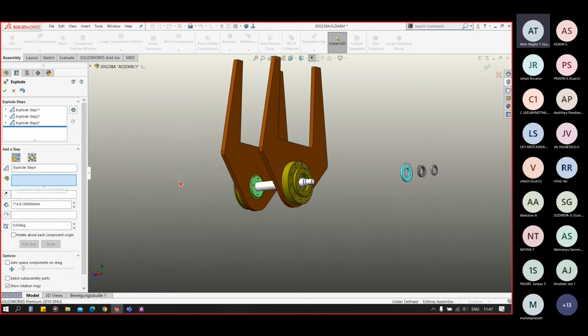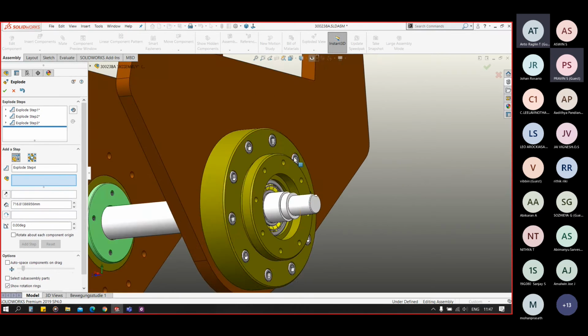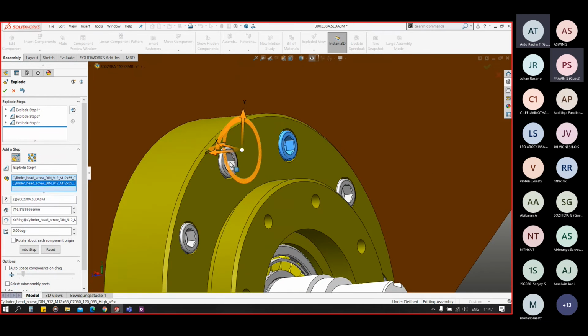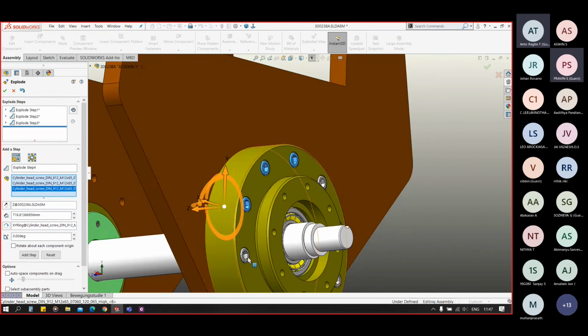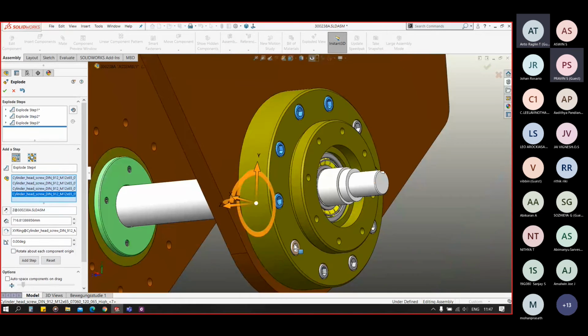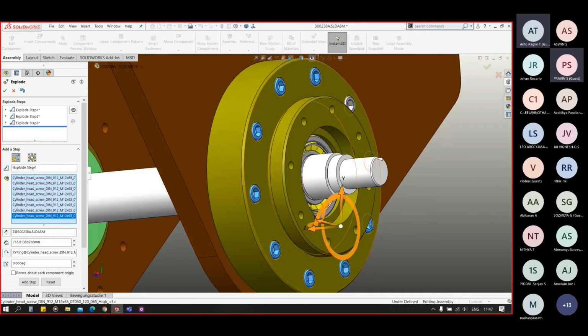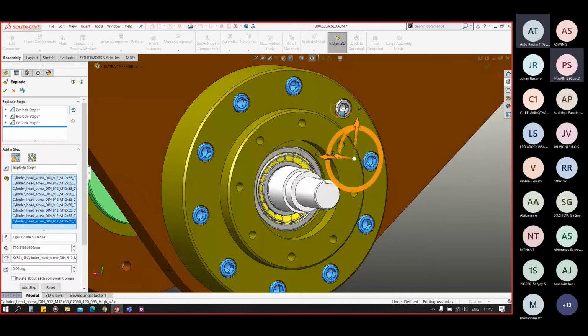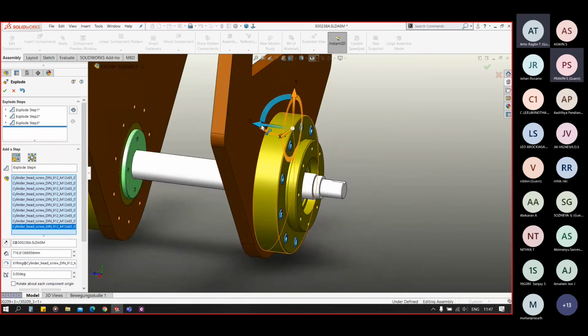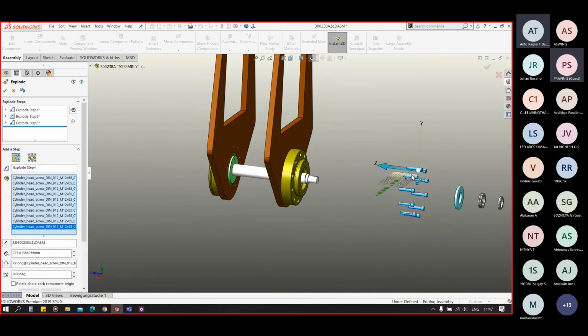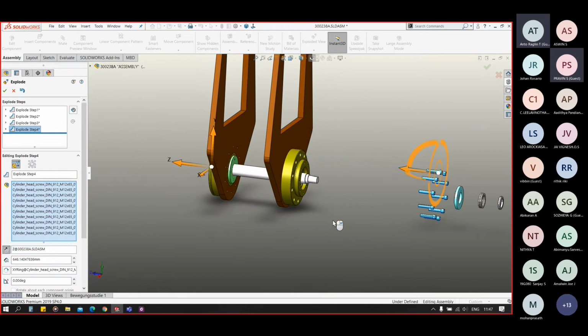Now for my explode step 4, I'll select all the screws, all the bolts here, and I'll drag them outside like this.